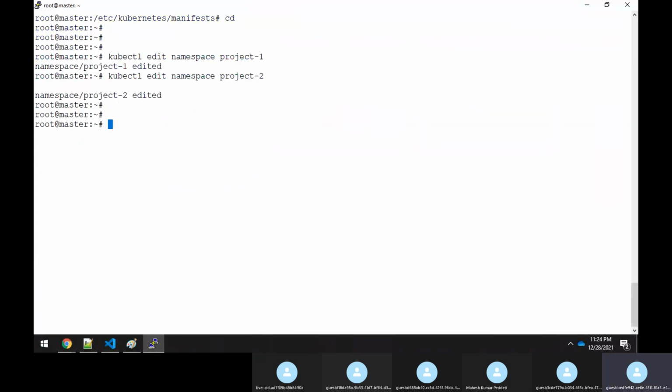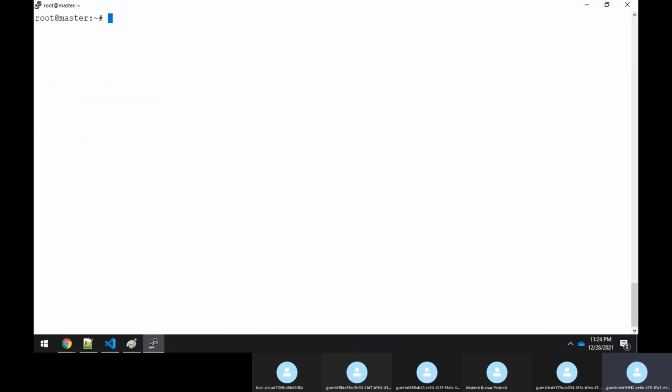What else do we have to do? We have to remove the label also, right? Because we have set the label for worker 1 and worker 2. So I'll check kubectl label node worker 1. I set the label, right? What did I set the label to earlier? node is equal to worker 1. You remember I did it like this at the beginning. Now whenever I want to remove the label, you have to use a hyphen.